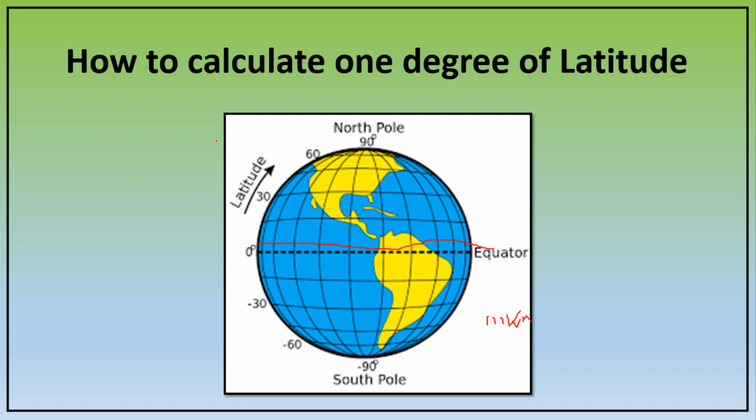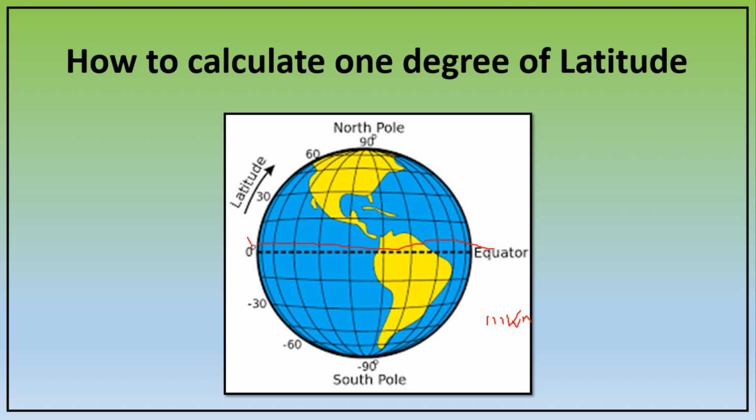Now, this 1 degree of latitude is further divided into 60 minutes and again into 60 seconds. That means that between each of these latitudes from 0 to 1, there are several other lines. But we do not normally make these lines, otherwise the entire globe will be filled with lines and nothing will be visible. So what we normally do is we keep an interval of latitudes.